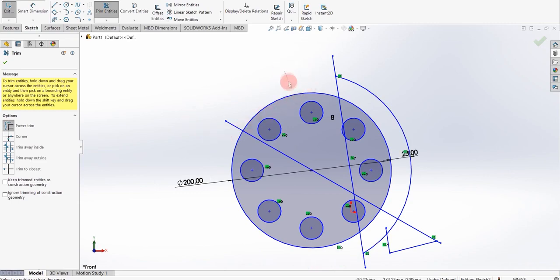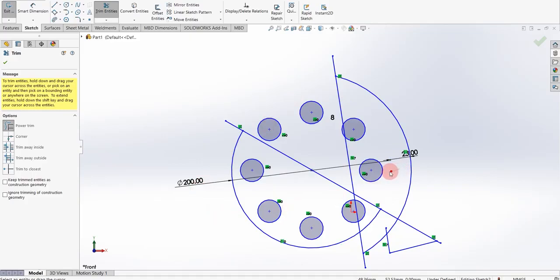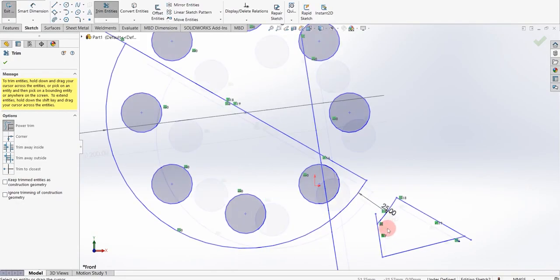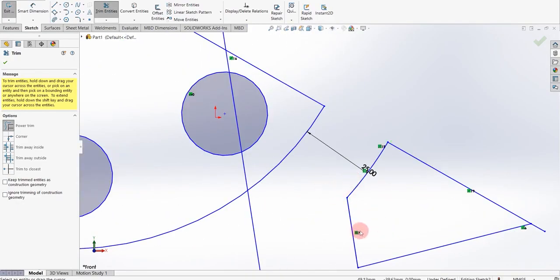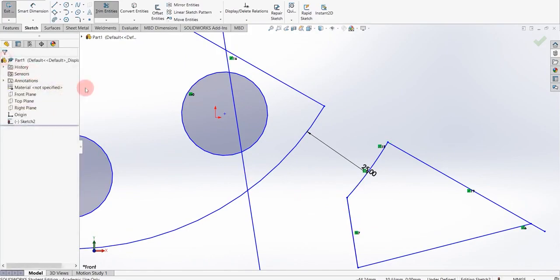Now I want this circle to be gone, this circle is gone. Whichever part you want to trim, you can just hold the left click and drag, and you can see it is trimming the area I want. I want this excess area to be gone, so it is gone. So this is trim mode.